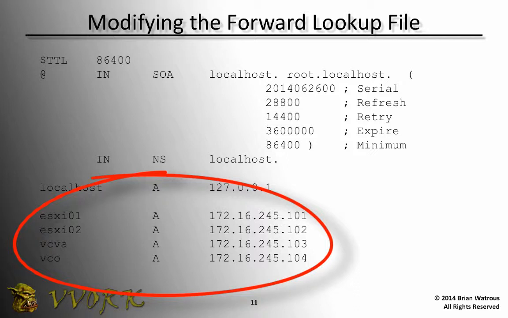But if somebody's looking up esxi01.vvork.info or esxi02 or vcva or vco.vvork.info, then the IP address that the DNS server is going to return for each of those respectively is 172.16.245.101 for esxi01. For esxi02, it'll return .102. For vCVA, it's going to return 103. And for vco.vvork.info, it would return